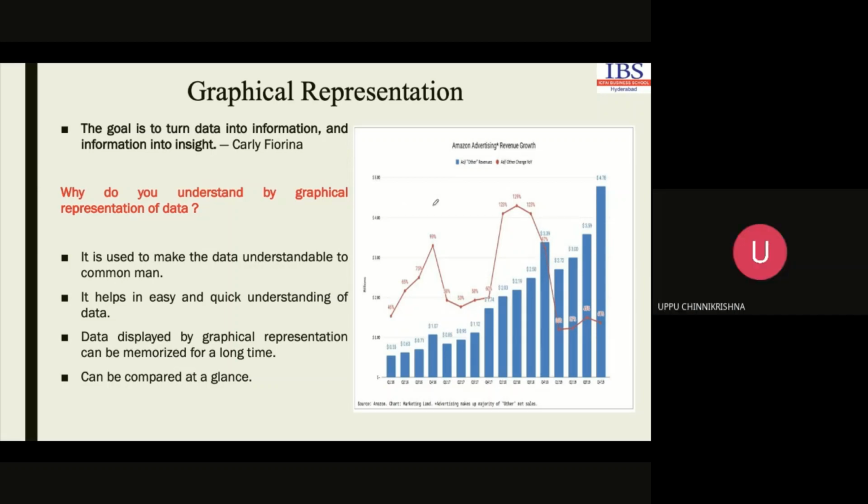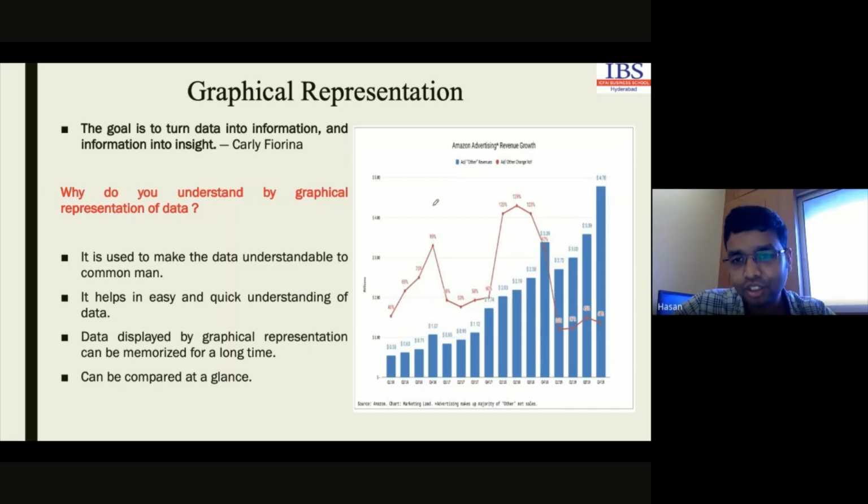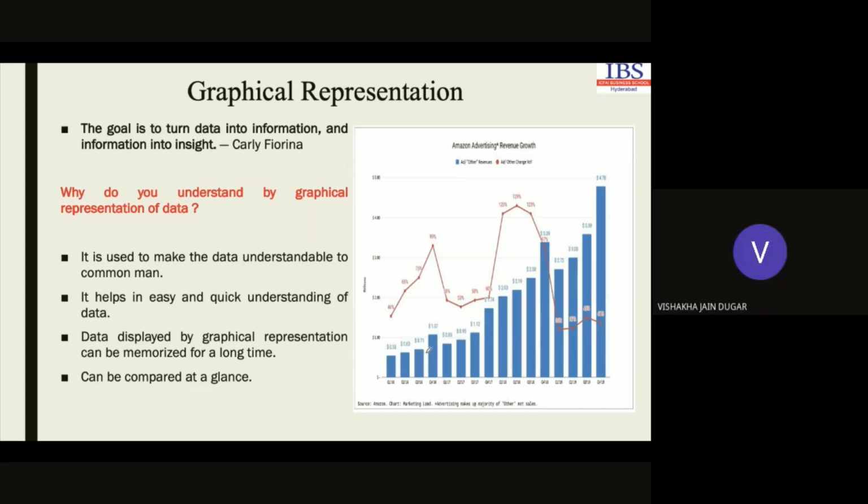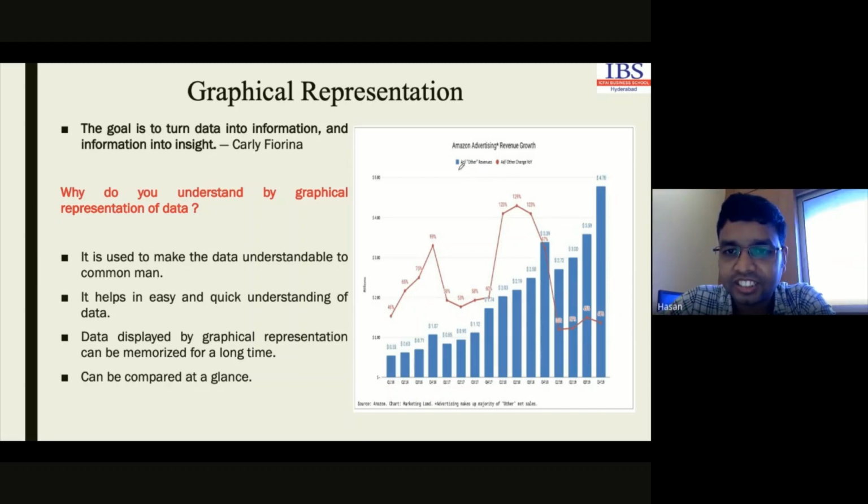Look here. In this graph, we have two different colors of line. One is red color, another is blue. Blue color indicates advertisement revenue, and red color indicates other advertisement, other... what do you call it? Year ending of sales. Okay. Yes. So two different parameters are represented in this particular graph.